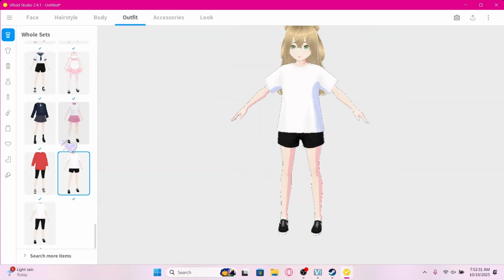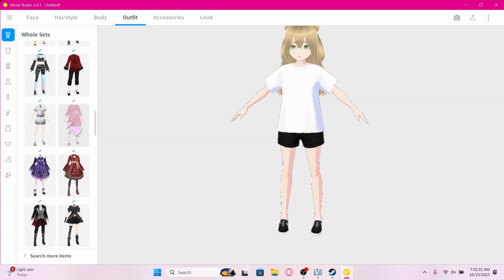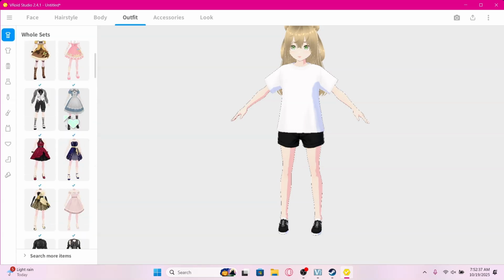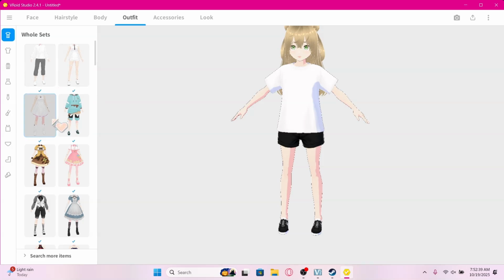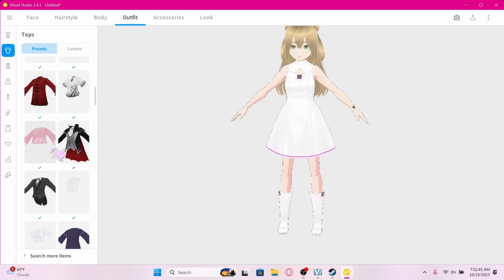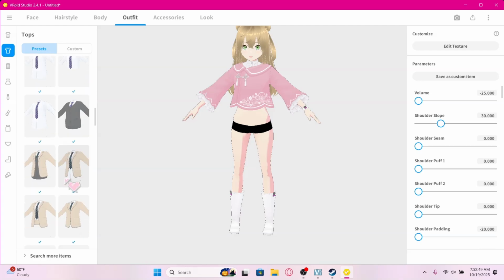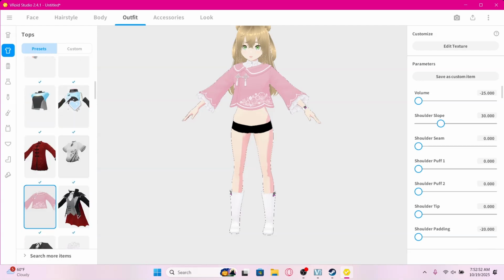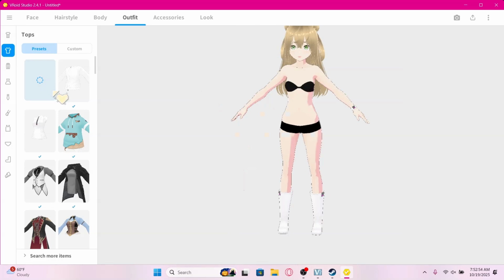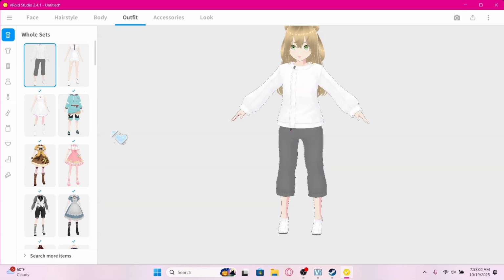Okay. Then we got the outfits. So they do have preset whole outfits, or you could go individually and find something as well. But I'm going to show you, let's put some clothes back on her. I'm going to show you a